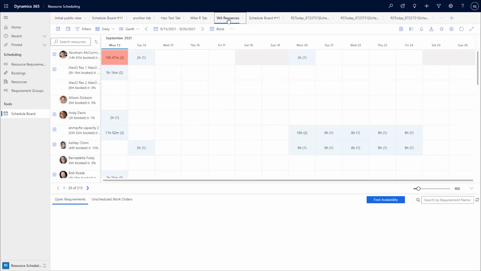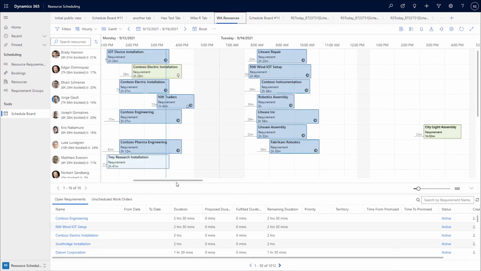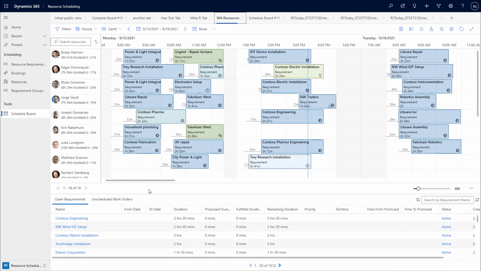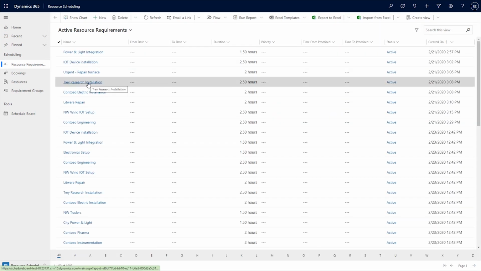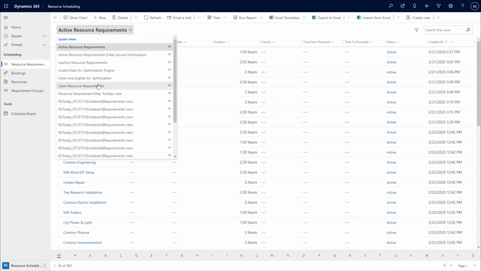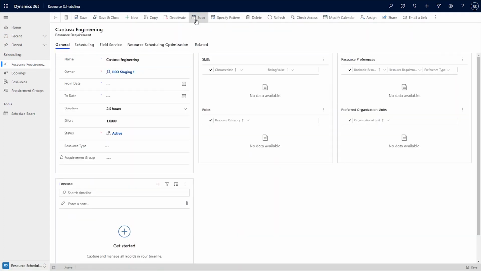And we can go back to our demo tab. And you can see the data on your new schedule board. And now you see that there is no control to switch to the old schedule board. Your new schedule board is your default schedule board. You can also see that from the resource requirements. If you open up any resource requirement, I'm going to open one of these, and if I click the book button, it is going to open up